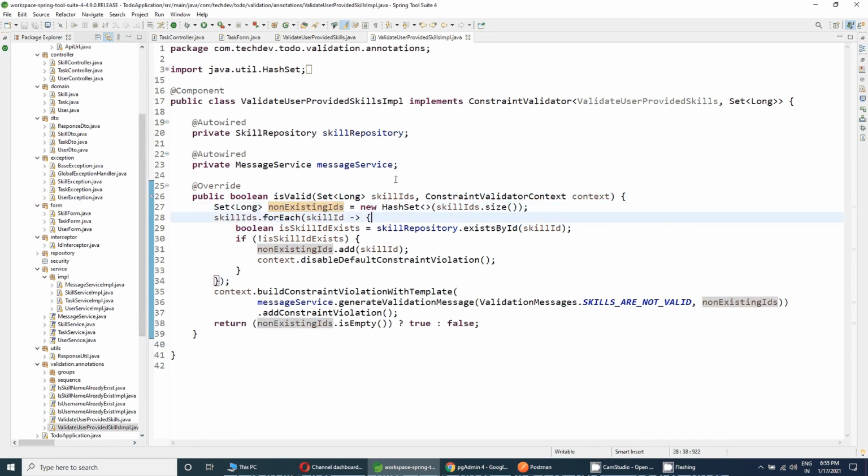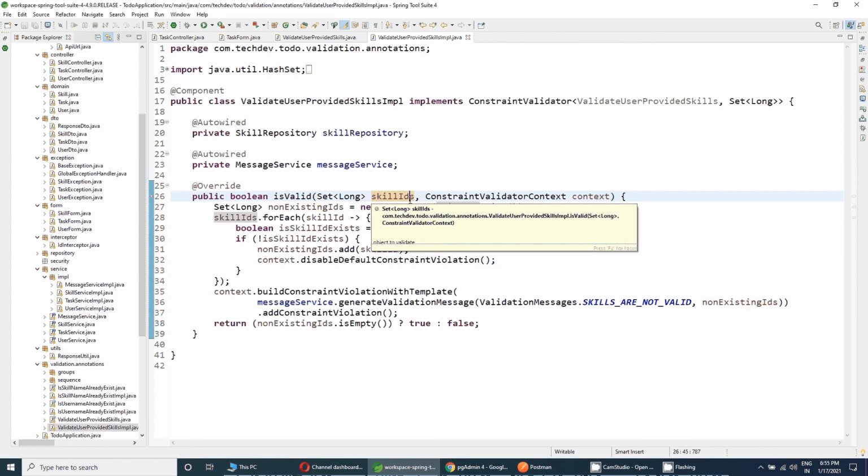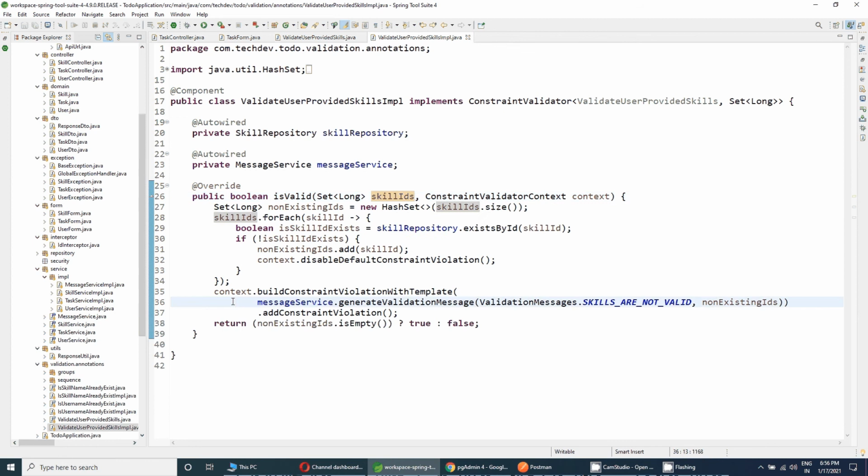Means suppose the user is providing me the skill IDs 1, 2, 3, 4, and 5. But when I am validating that constraint using the custom constraint or this implementation class, what I actually want is, suppose only two of the IDs are wrong. Suppose the user has sent 1, 2, 3, 4, and 5.